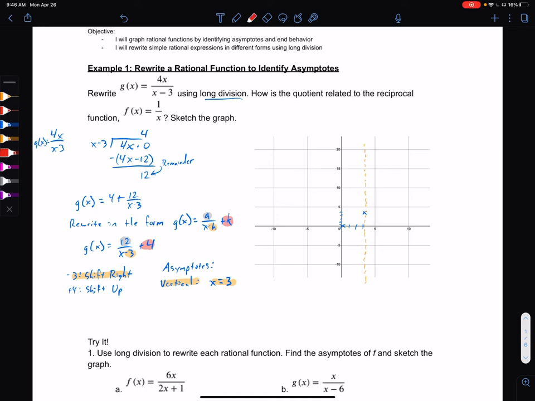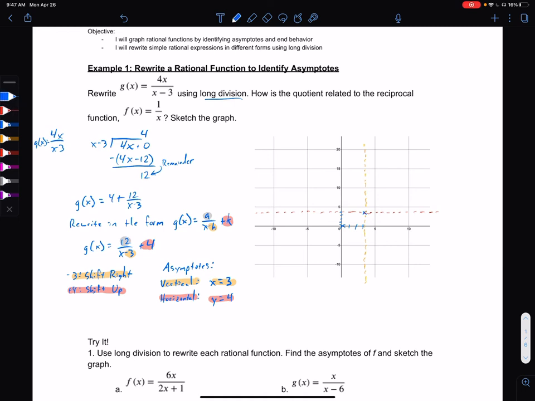Next, I want to look at the horizontal asymptote, and that was my shift up. Again, this is a little bit tricky, but the horizontal asymptote goes left to right, so it crosses through the y-axis, so it'll be y equals something. In this case, we shifted up, so it would be y equals 4. Let's highlight that in red and draw that. Again, try to keep this as accurate as possible, but we have an asymptote that goes somewhere around here. Okay, so we now have our vertical asymptote labeled, we have our horizontal asymptote labeled,